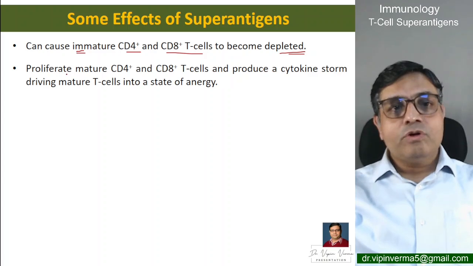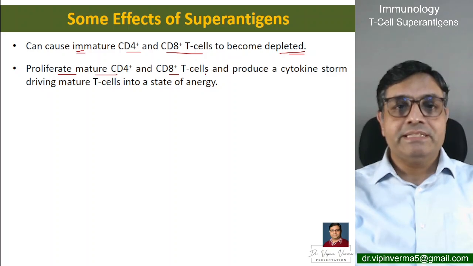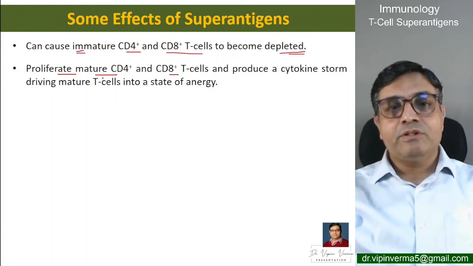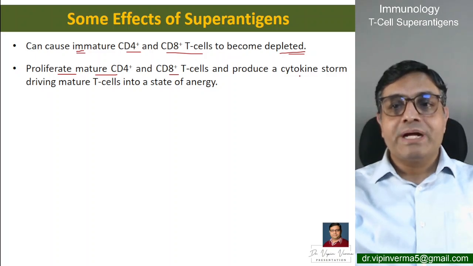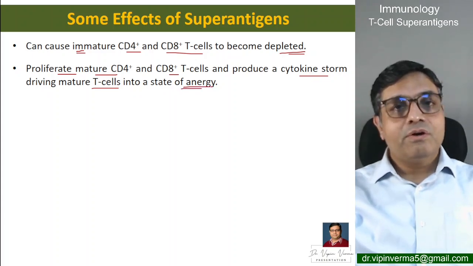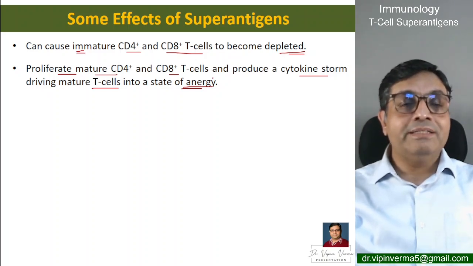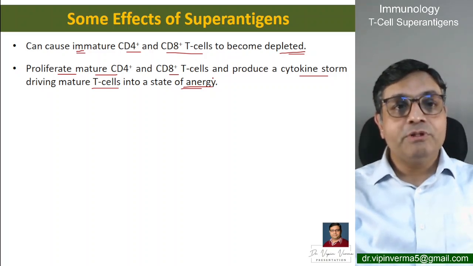But they can cause the proliferation of the mature CD4 positive and CD8 positive T cells. And they can produce the cytokine storm, driving the mature T cells into a state of anergy or unresponsiveness. All right. So when it happens, that gives the opportunity for other microbes to flourish, because our T cells